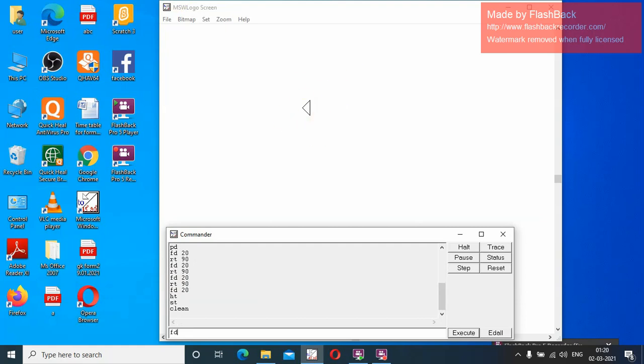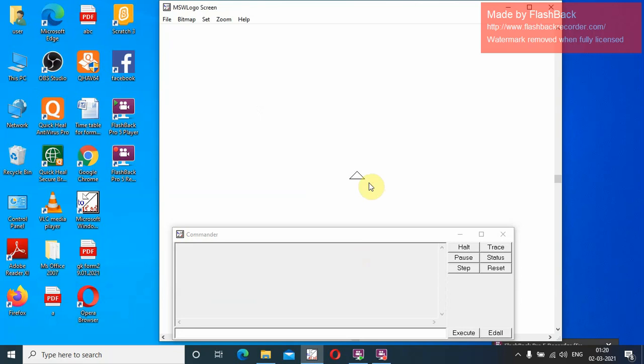Okay, now let me draw the line FD100. Okay, I'm just showing you an example. Now I'm going to use CS command. Okay, CS space CT because I want to clear this recall list box. Okay, now there are so many commands, so I'm going to erase the same. What happened? The turtle has come to its home position.